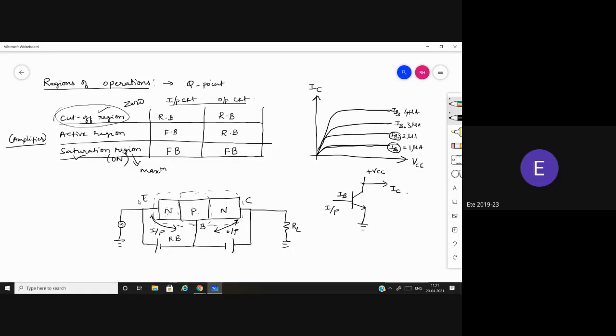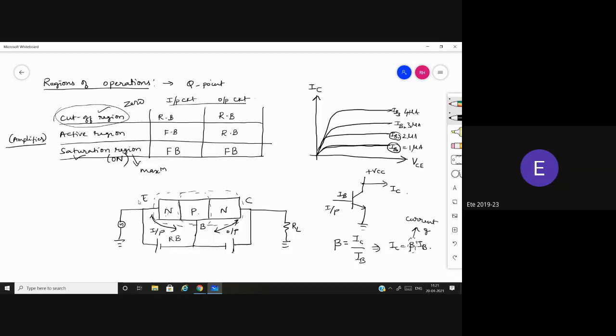If you change the base current, the collector current is going to change because the current gain for a common emitter configuration is beta. I have already told you the gain formula. How do you get the gain formula? Output current by input current. Here, which is the output current? IC. Input current is IB. So this implies IC is equal to beta times IB. So this beta is the current gain.